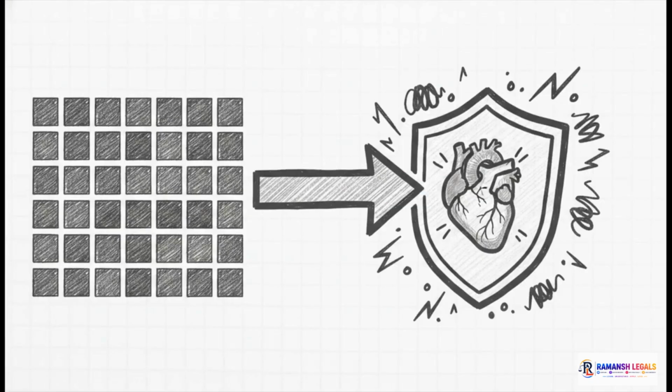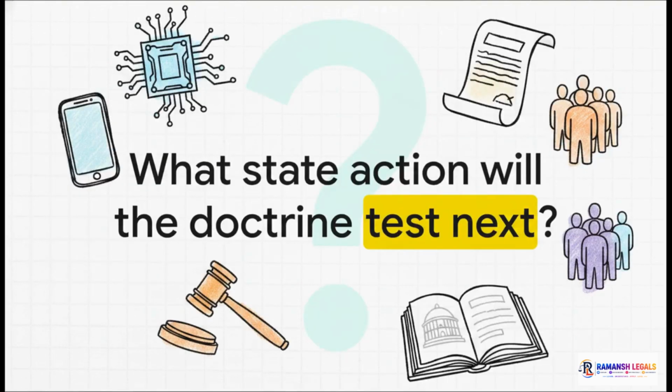To wrap up our deep dive today, Article 14 is truly a living guarantee. We've seen how it brilliantly evolved from a rigid, formulaic test of reasonable classification into this dynamic, all-encompassing shield against state arbitrariness. It is, without a doubt, the very heartbeat of fairness in the Indian legal system. I want to leave you with a final, provocative thought. As our society continues to evolve, think about new technologies, unprecedented government policies, shifting social norms. What new forms of state action will the arbitrariness doctrine be called upon to test next?